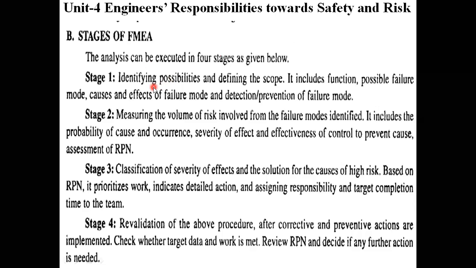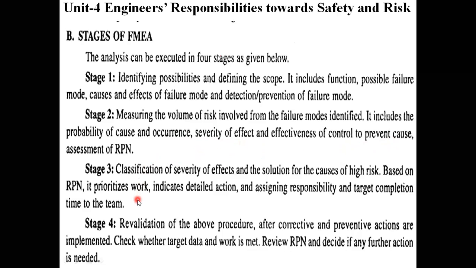The analysis can be executed in four stages. In stage 1, identifying possibilities and defining the scope. It includes function, possible failure modes, causes and effects of failure mode, and detection or prevention of failure mode. And second stage, measuring the volume of risk involved from the failure modes identified. It involves the probability of cause and occurrence, severity of effect, and effectiveness of control to prevent cause, assessment of